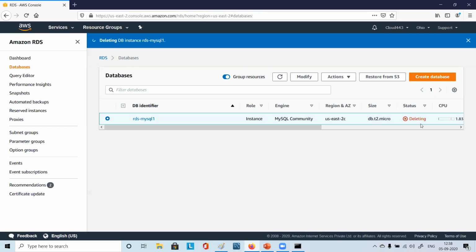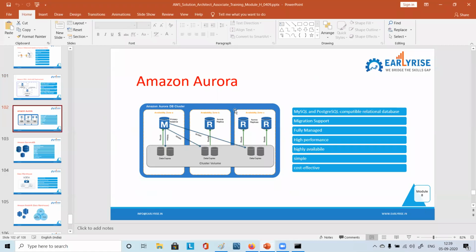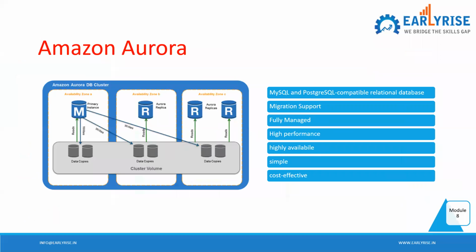Meanwhile, it is getting deleted, so let's check what is the next topic for us. That is Amazon Aurora, after this multi-AZ deployment. Later we'll go and check whether it is deleted or not.